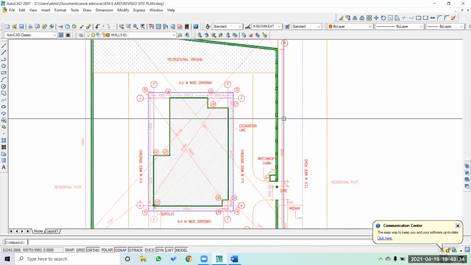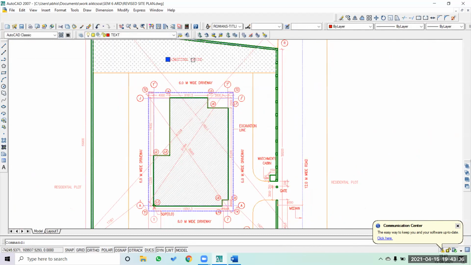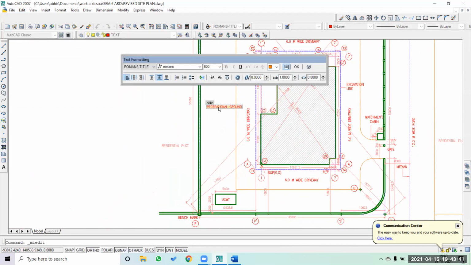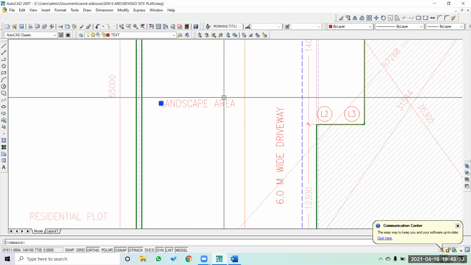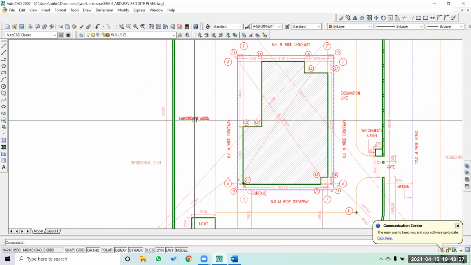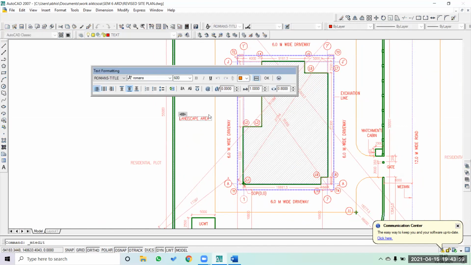Okay. For the rest of the area, as information, what you have to do is, it could be a landscape area. Okay, so make sure that you also mention there that it's going to be a landscape area.